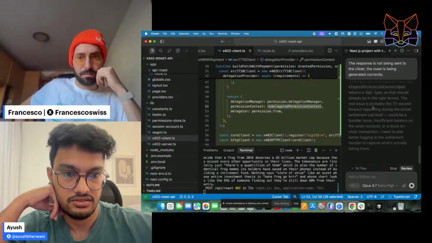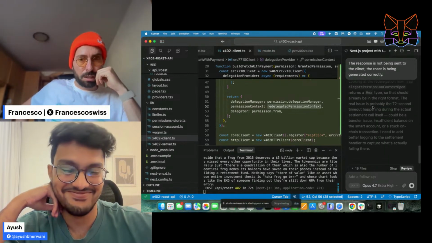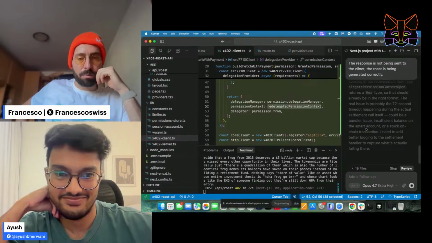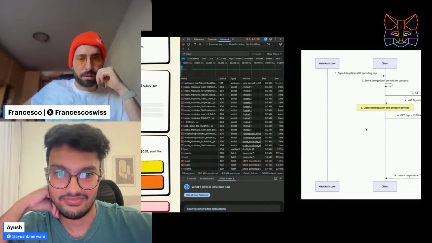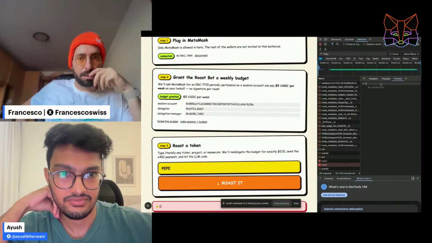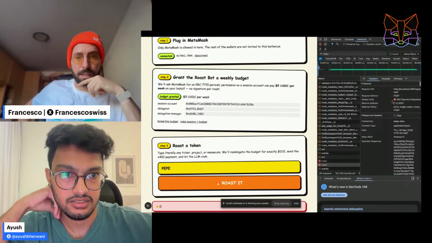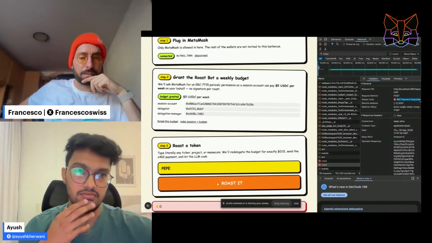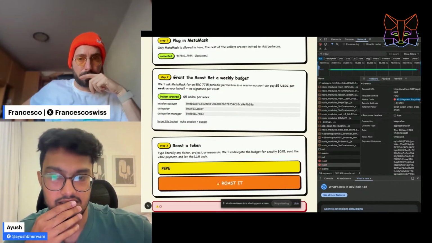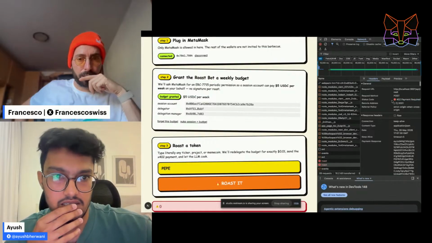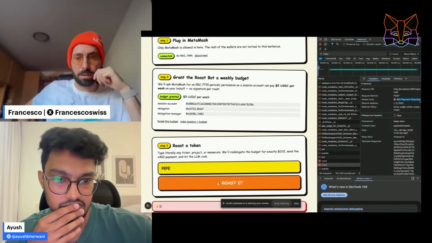We are in full Sherlock Holmes debugging mode. Yeah, but I mean, we already got the majority of the build. We had three main debugging parts, right? The first part, the second, the grant and caveat enforcer one. Then we found out the last one was the server crash, on the roast token.